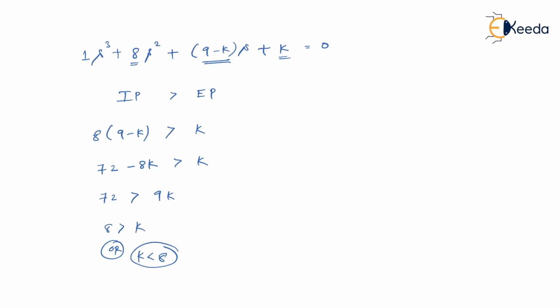One more thing, if you want to apply the Routh-Hurwitz criteria, all elements should be non-zero, and we always come across cases where we believe that each and every element should be positive. So from this you can conclude that even this k should be greater than 0. So look at this, k should be greater than 0, k should be less than 8. You can come to a common conclusion that k should be greater than 0 and less than 8. So much of your time will be saved at the end if you know these shortcuts. I hope you understand my point.